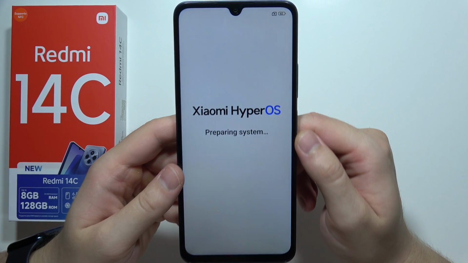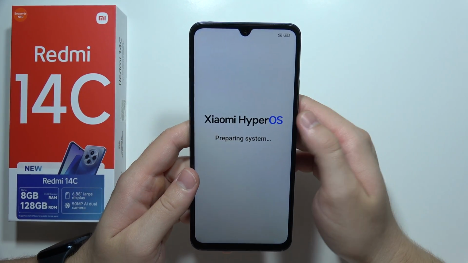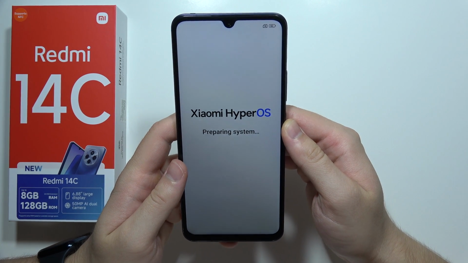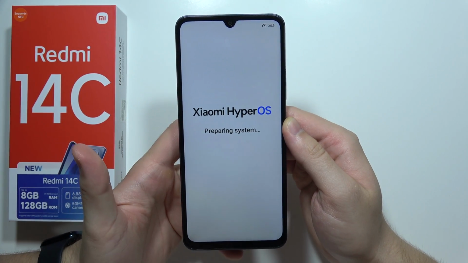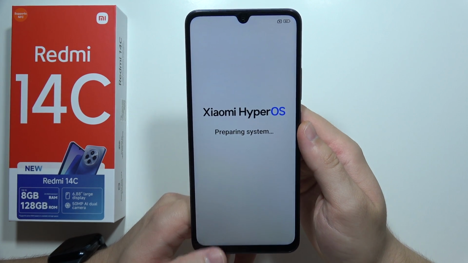Next, we got the information about Xiaomi HyperOS system, and right now it's actually preparing the system, and that's basically how it looks. That's how we can go through the first setup of your Redmi